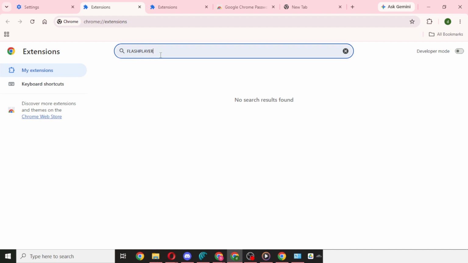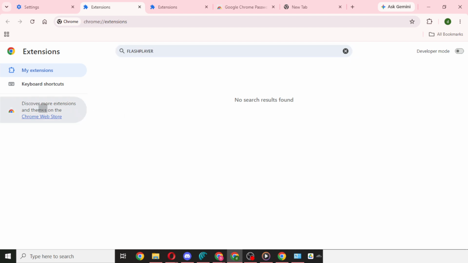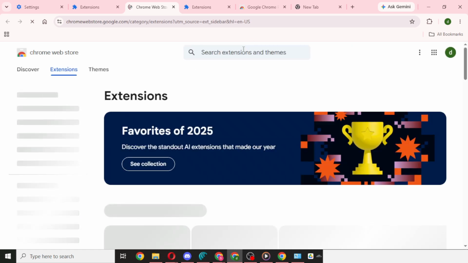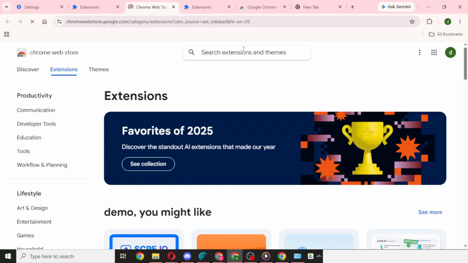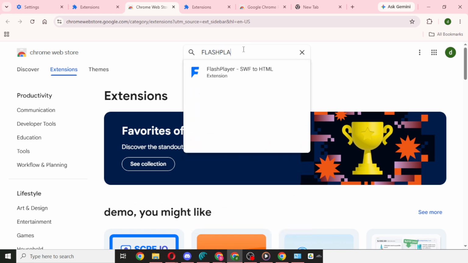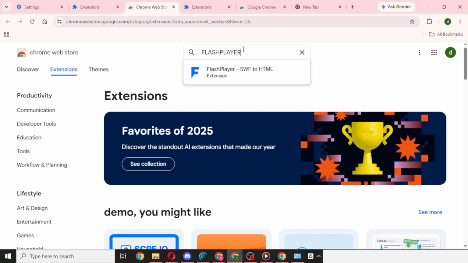Once the extension has been added, the final step is to restart Chrome. Closing and reopening the browser is important because it helps the newly added extension load properly and become available in your browser session. If needed, close all Chrome windows and then launch Chrome again. After Chrome restarts, the extension should be installed and ready to use.